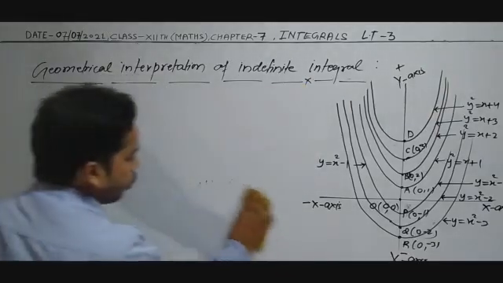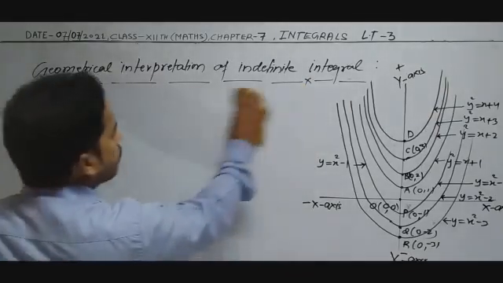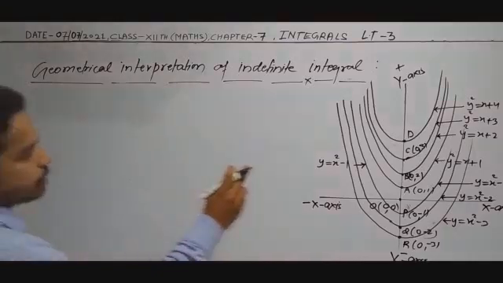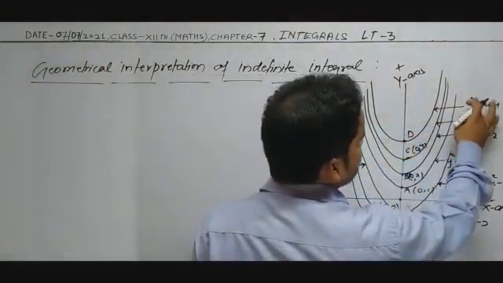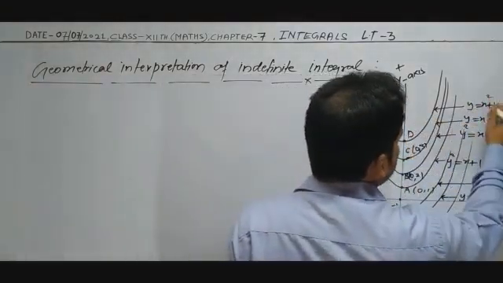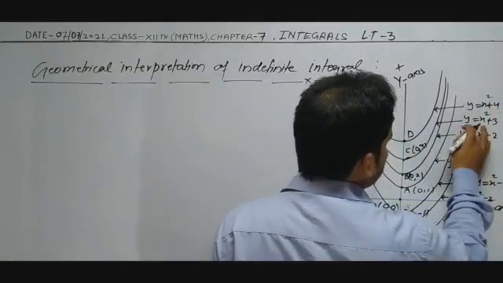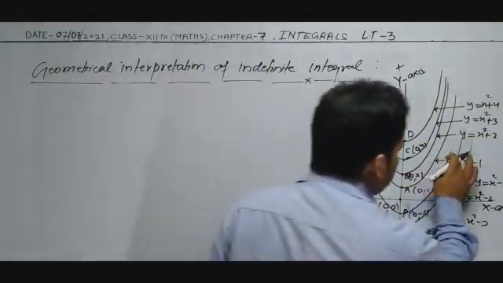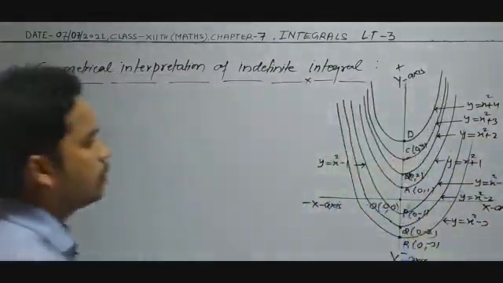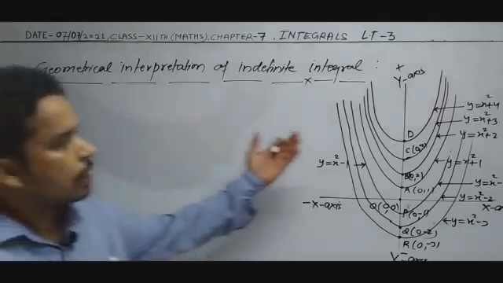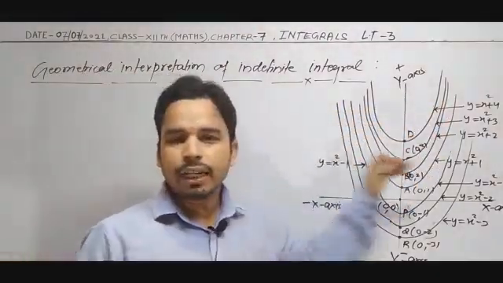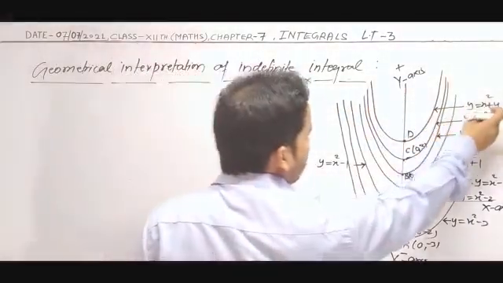We have to write all the equations. The first curve, suppose, is y is equal to x square. This is y, not y square. This is also y is equal to x square plus 1. If it were y square, then y square is equal to 4ax format is the standard equation of the right hand parabola. This is y is equal to x square plus 1.